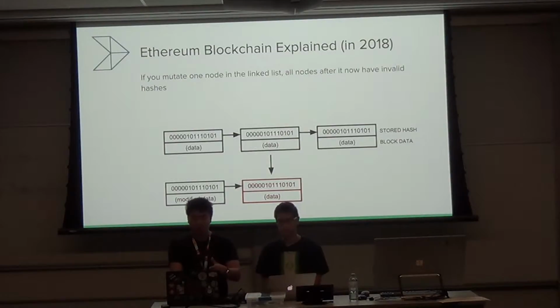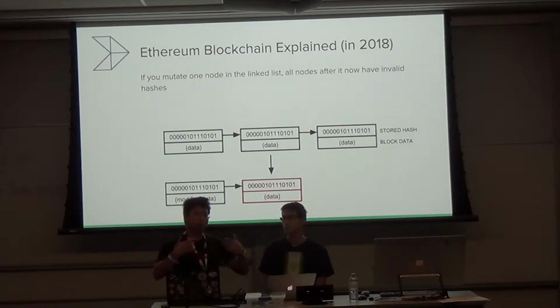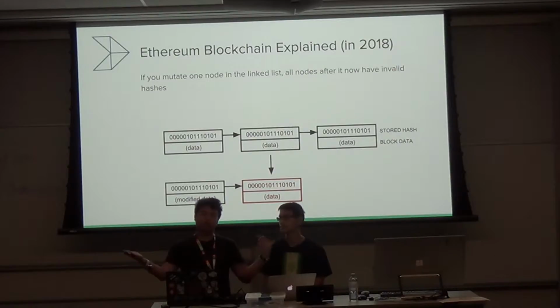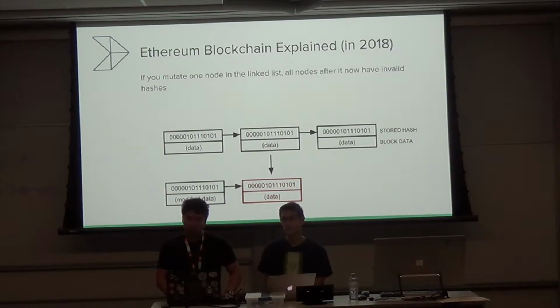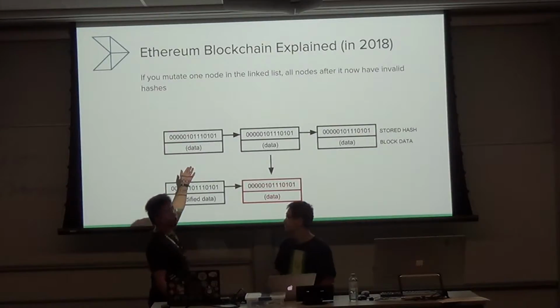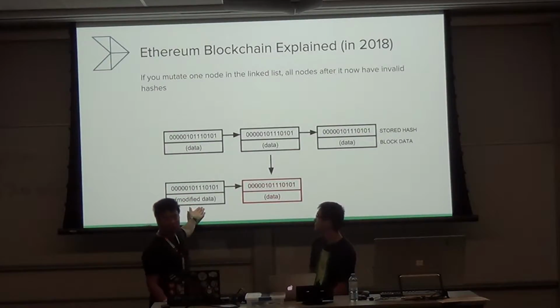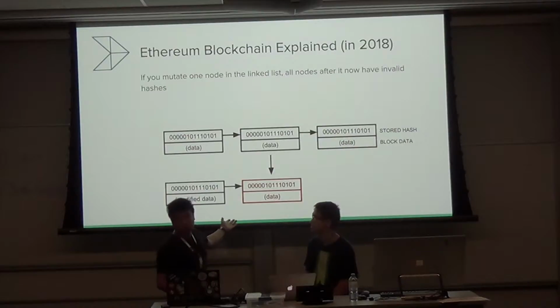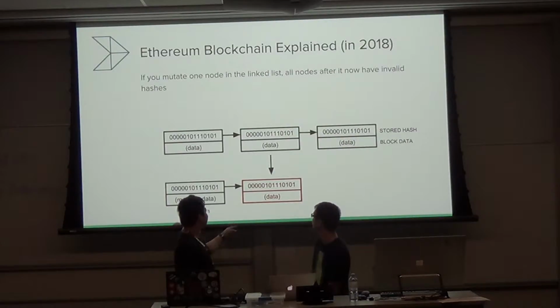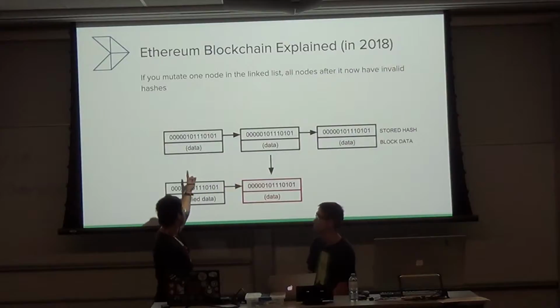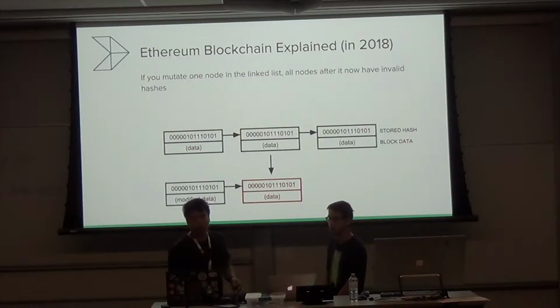But imagine you're an attacker and you're trying to modify the blockchain. Say you want to give yourself more money by changing the transaction amount, like somebody paid you $5, you now want to change that to $50,000. That's your goal. You want to change that value. So the first thing you do is you make that modification. So now you started with data, now you have modified data. But what's wrong with this result? It's no longer a valid blockchain because this hash no longer matches up with this block. So this is an invalid blockchain.